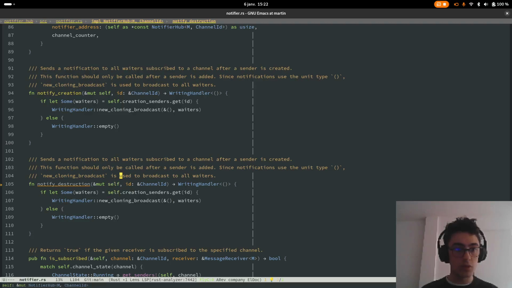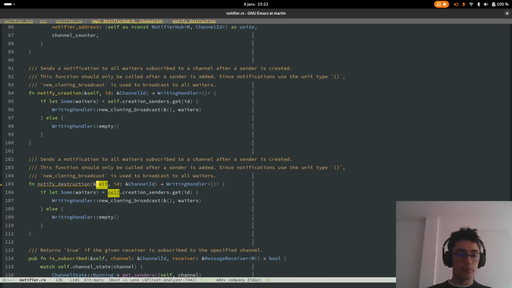Why do you have to take it as mutable? Oh, let's go. I think in the previous version I was modifying this, but I forgot to remove this. So yeah, I don't have to take it as mutable. So it's taking this as mutable, then it's matching on destruction senders, and